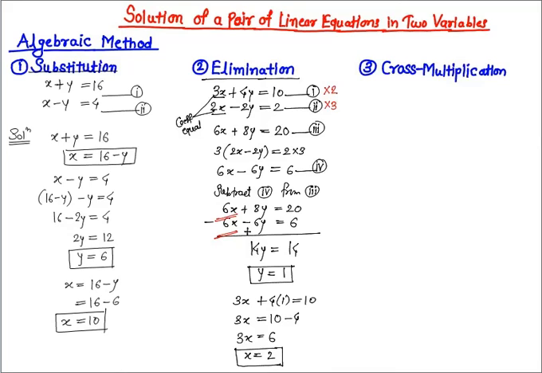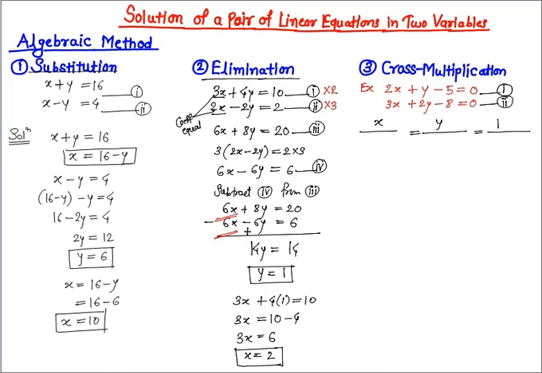We have a pair of linear equations given: 2x plus y minus 5 equals 0 and 3x plus 2y minus 8 equals 0. Let's take this as the first equation and this as the second equation. Now for the cross multiplication method, let's write whatever variables we have in the equations like this. x divided by blank equals y divided by blank equals 1 divided by blank. Okay. Now let's calculate the denominators.